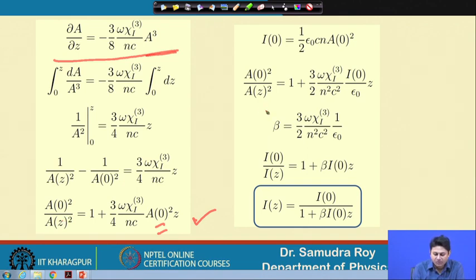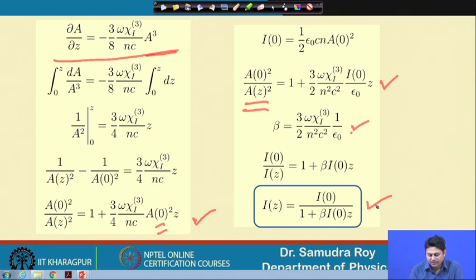This ratio in terms of input intensity is something like this, and now I define a coefficient beta, which is 3 by 2 omega chi 1 3 into square c square and 1 by epsilon like this, and this ratio is simply the ratio of the intensity. And then if I make a slight calculation,